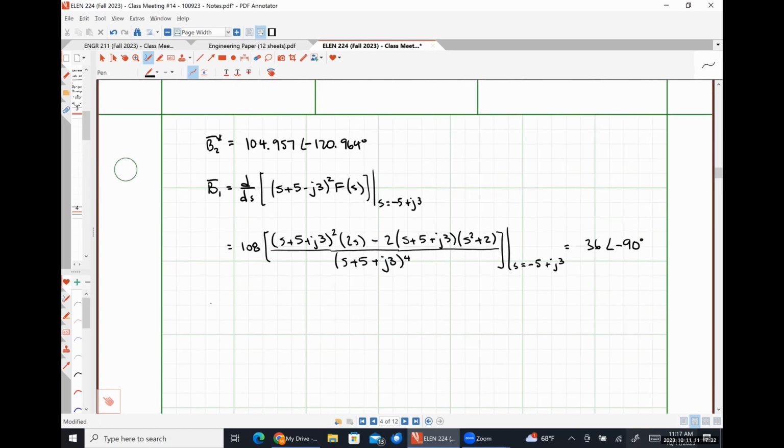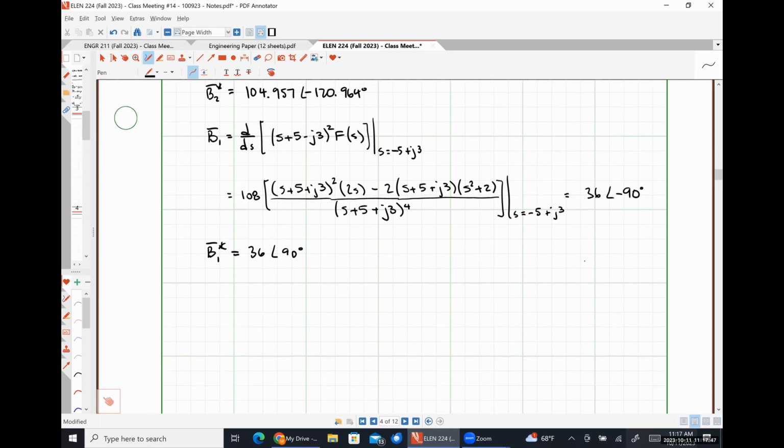Then we have B1 conjugate, which is just going to be 36 angle positive 90 degrees, because that's how the conjugate operation works. And from this, we find that F of S will be 36 angle negative 90 degrees divided by S plus 5 minus j3, plus 36 angle positive 90 degrees divided by S plus 5 plus j3,